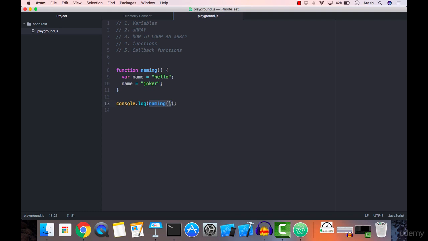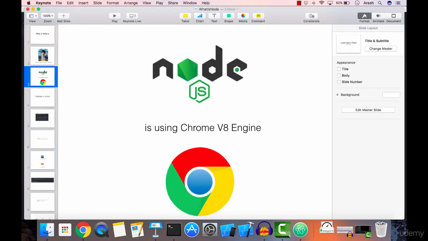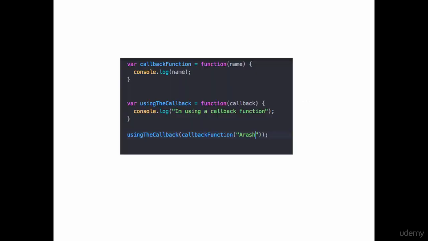The final piece of the puzzle that you need to understand to write Node applications is called callback. So let's go back to our keynote and run this again. So, callback in action. We want to see callback in action. And you know why I'm going to teach you this? Because you are going to use a lot of callbacks. What is callback? Callback is simply a function you pass into another function so that that function can call it